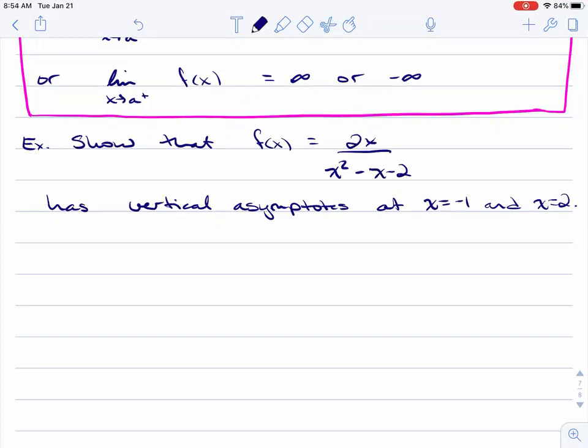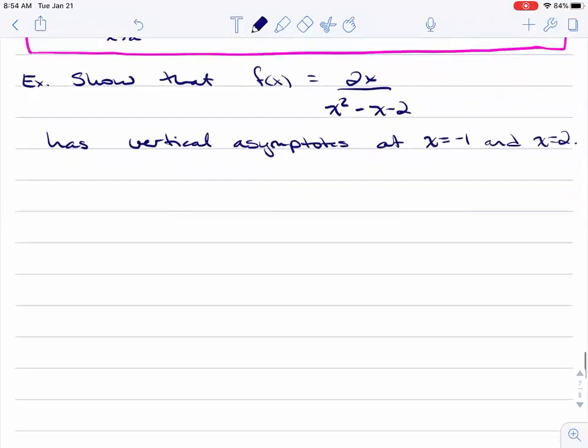So the question is not if there are vertical asymptotes. We're going to show that there are vertical asymptotes, meaning that the behavior is going to be towards infinity. We just want to know which direction, right? Positive infinity or negative infinity. And so what we're going to do